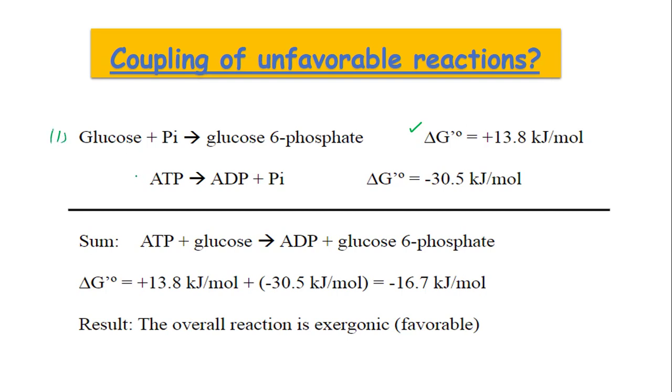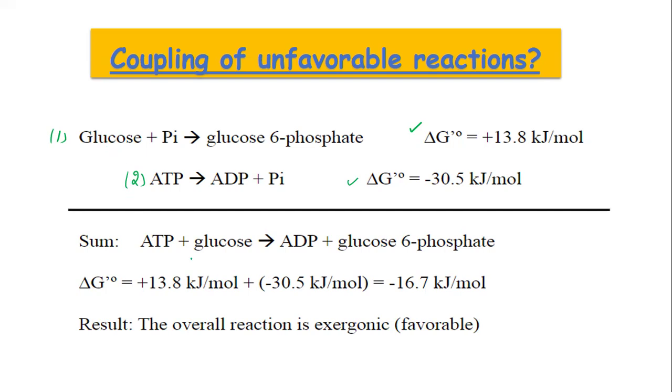So hydrolysis of ATP, which is the second reaction, its delta G naught is minus 30.5 kilojoule per mole. Exergonic. The first reaction is endergonic, which requires energy. The second reaction is exergonic, which releases energy. So if we add these two reactions, the sum of these two reactions, because these two reactions are now coupled,